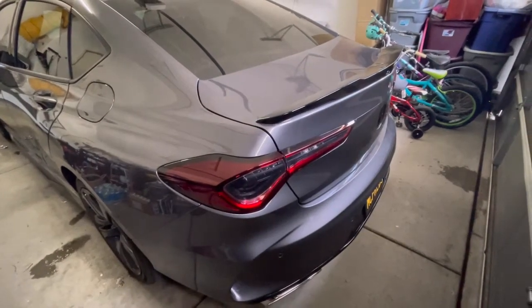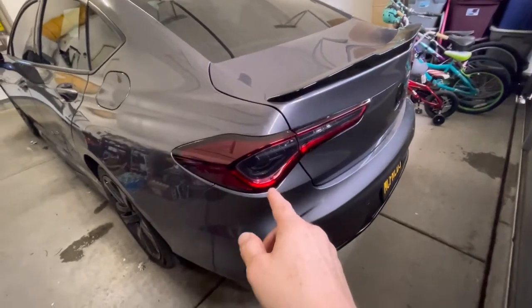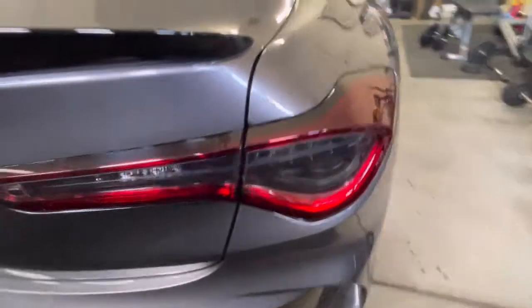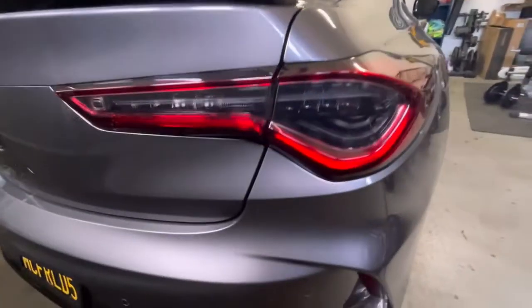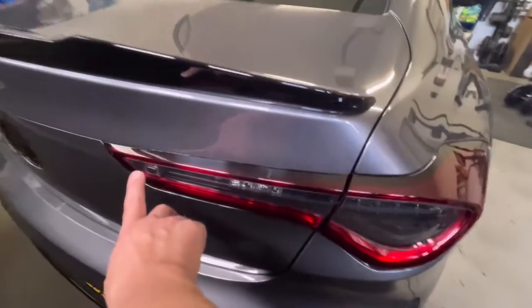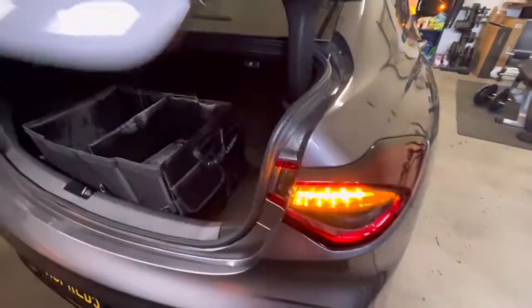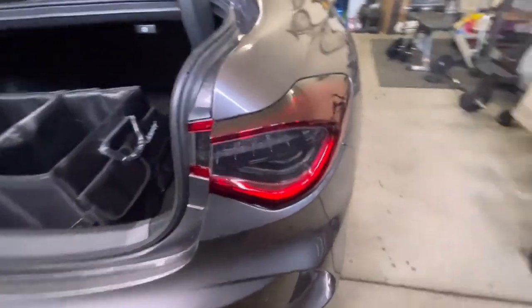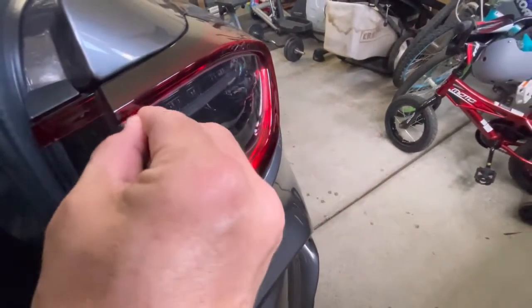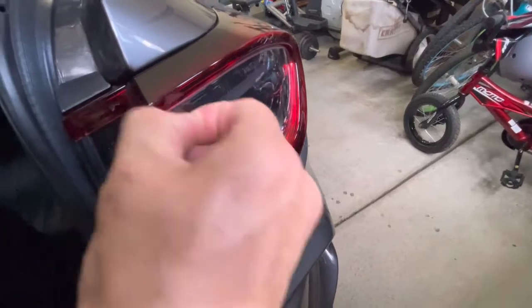Hey guys, so somebody asked me if taking this tail light tint off will damage the lights. So, what better way than just to show you guys. I'm gonna go with a different kind on these ones. I'm gonna switch to the ones from Delicious Sticker CA. It's a wet install. I've always liked how those turned out,